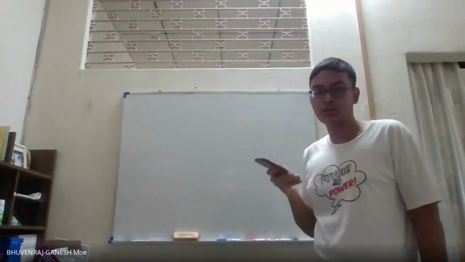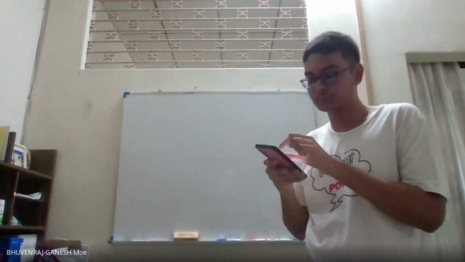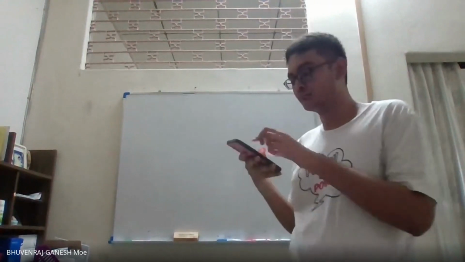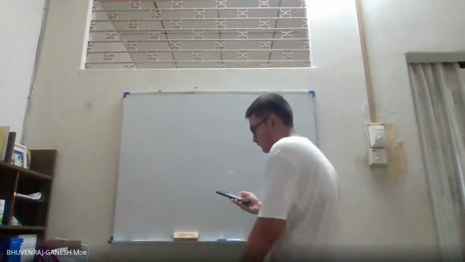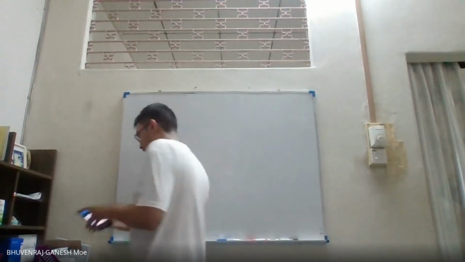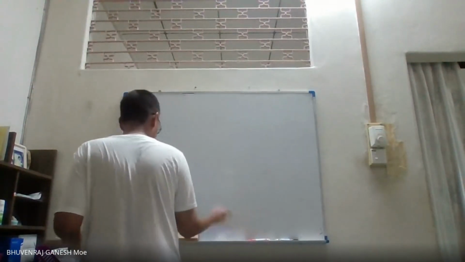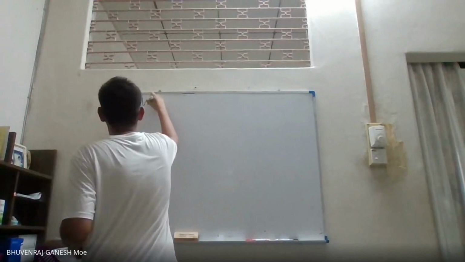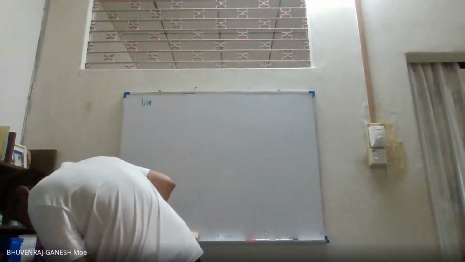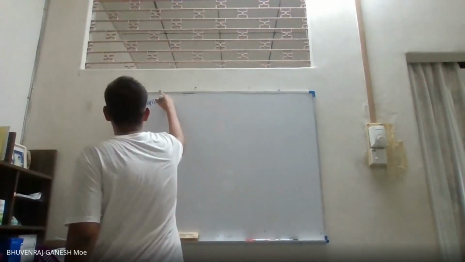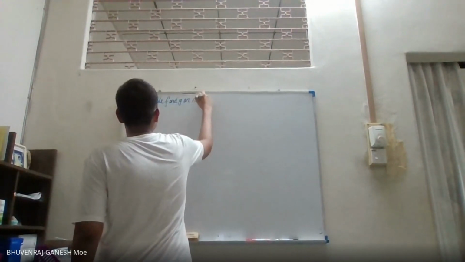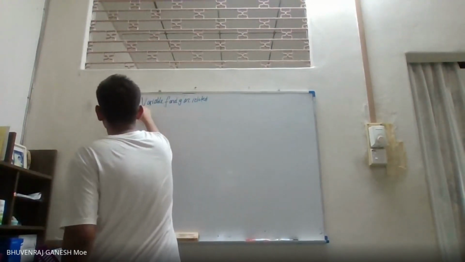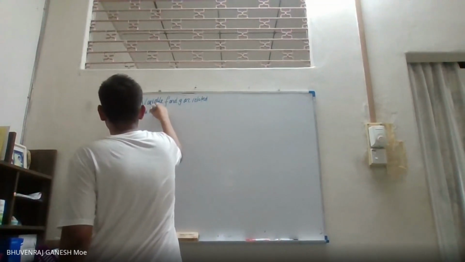Number 12A. In 12A they ask for the rate of change of F, right? That question, you can see, right? Okay, good. So we are going to do this one. I'll show how we actually do it. I write down here just in case: variables f and g are related by the equation